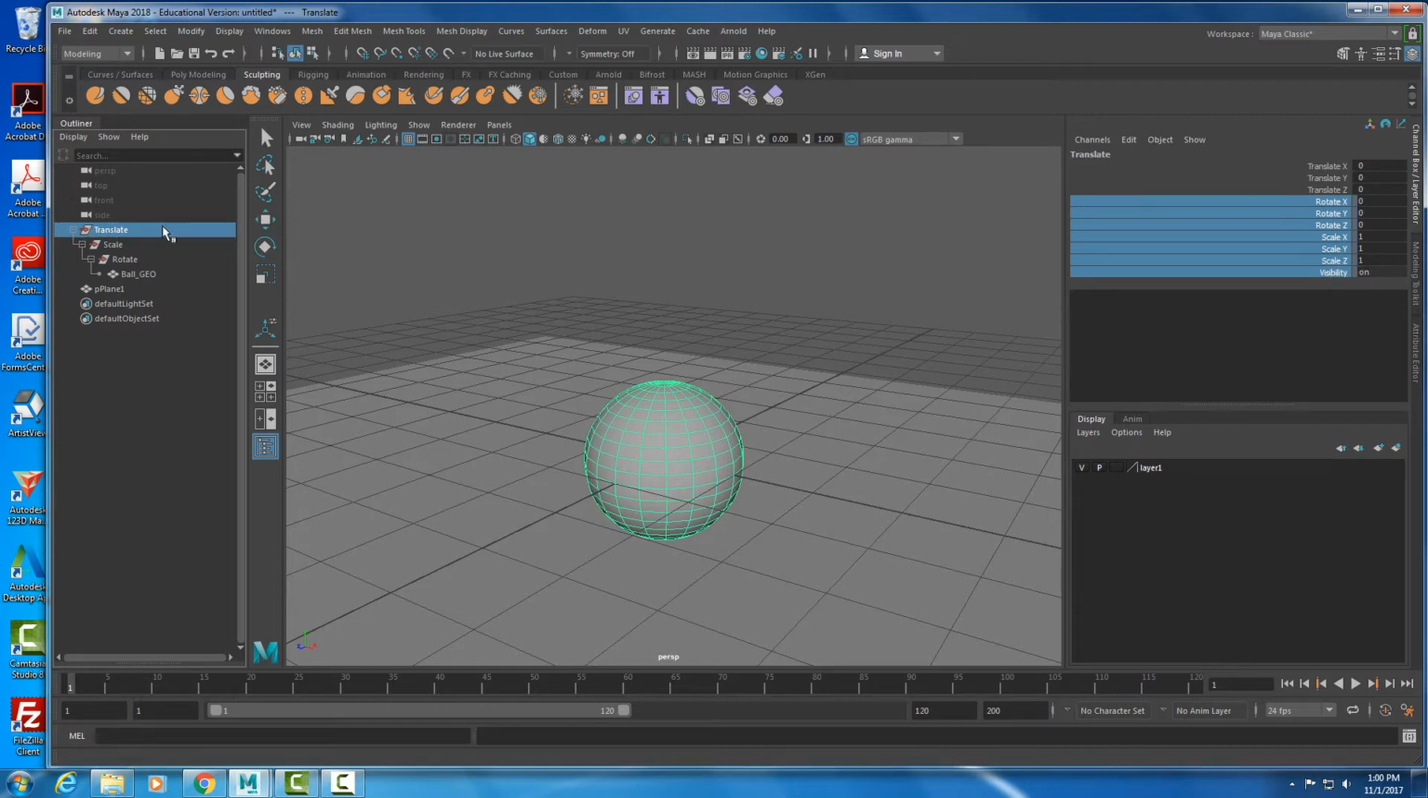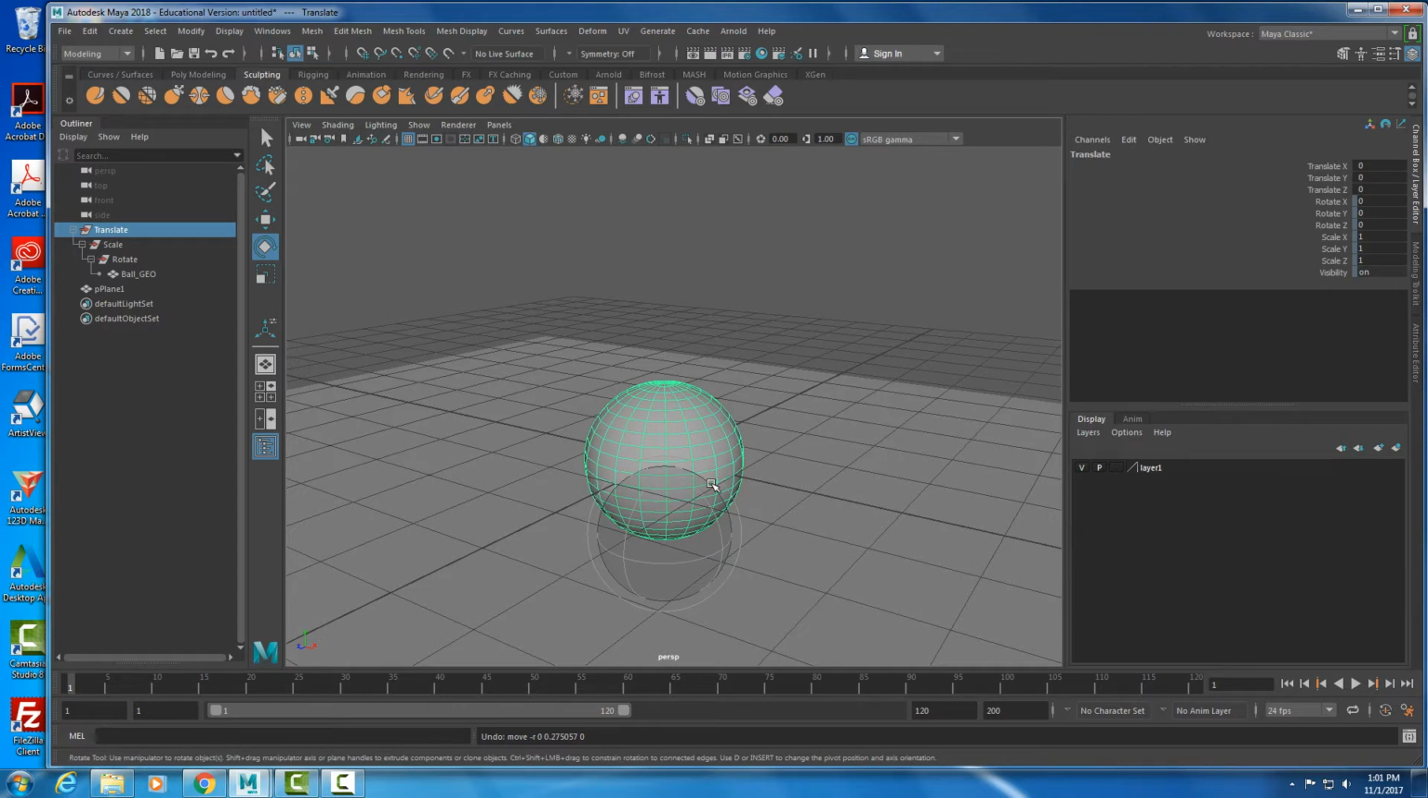If I actually come over here and select my translate group node, and if I bring up my move tool, you'll notice that move tool has the normal colors, and I can actually move in my translation attributes. But if I switch over to, let's say, my rotation tool, that tool is grayed out, and no matter what I do, I cannot rotate this object. If I hit R, the same thing for scale is grayed out, and I can't do anything